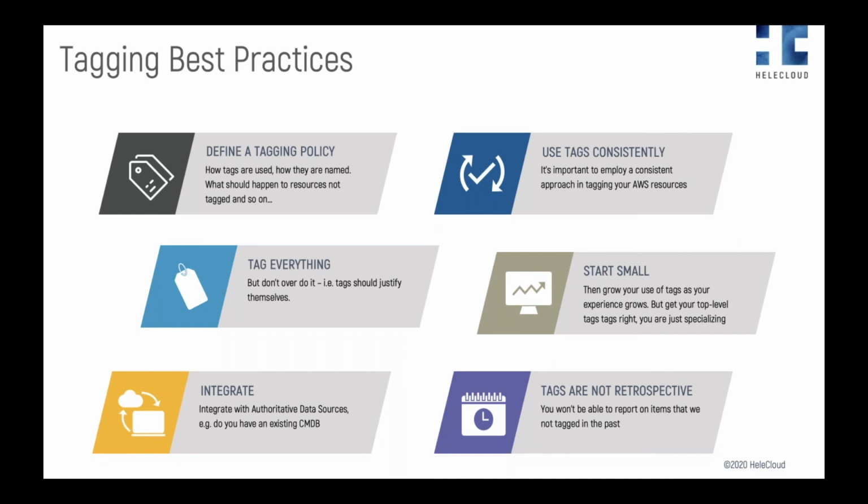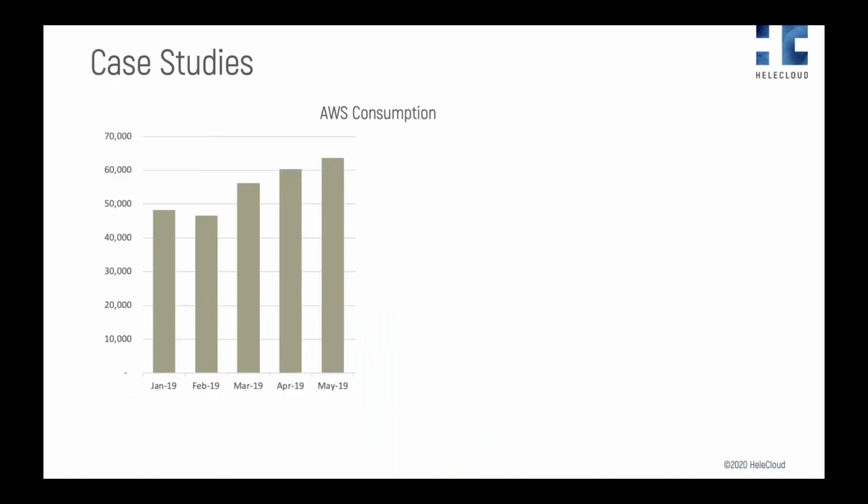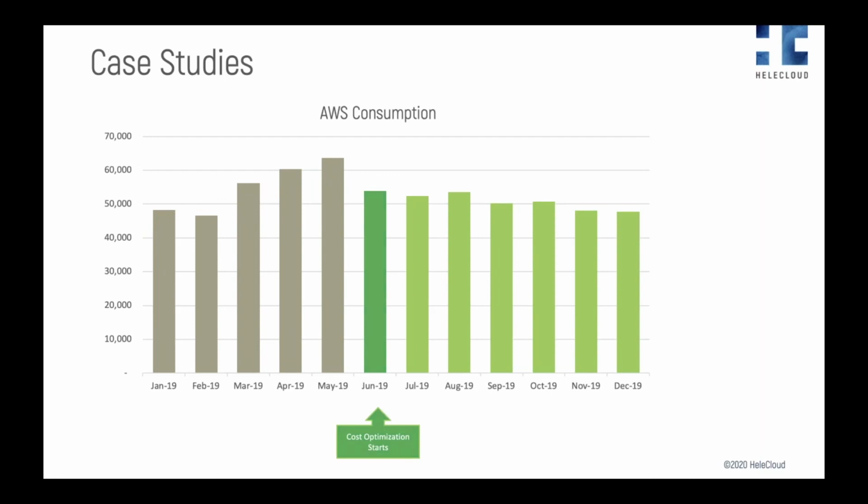It's worthwhile, just before we round off, to look at two case studies from HeleCloud's managed services team. Our managed service team runs an optional cost control and management service for our clients whose workloads we manage. In both examples that I show here, the clients opted for the service after running for some time. And as you can see here in this first example, this customer's AWS spend was on an upward trajectory when they opted for the service. When the customer opts for a cost control and management service, our onboarding process includes an optimization exercise, which is why you generally see a good fall in the spend in the first month.